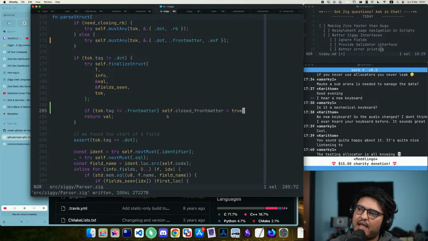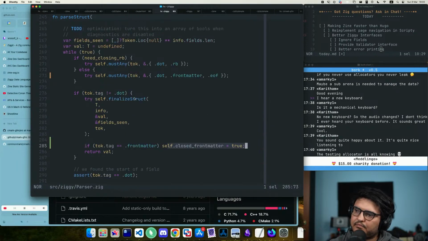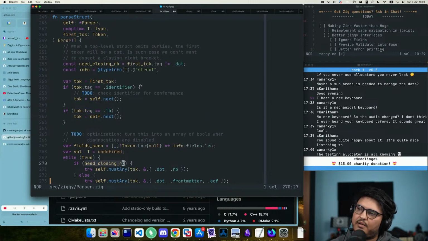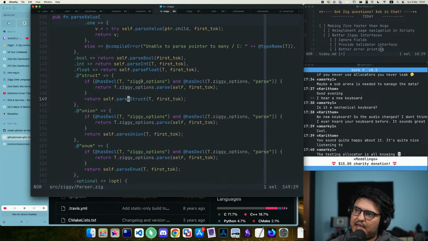Yeah, like we say, we close the front matter, and then we return. Front matter is only allowed if we do not need a closing right bracket, which is only true for top level stuff. So then